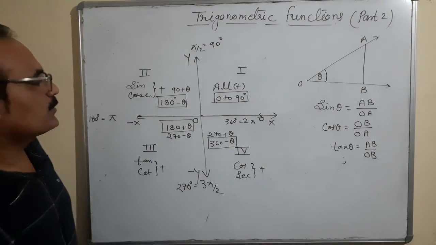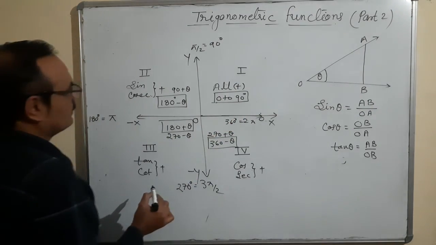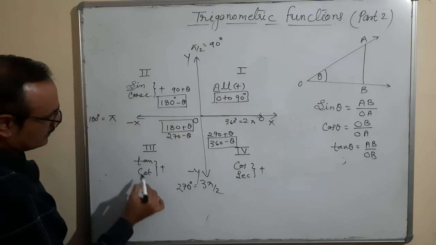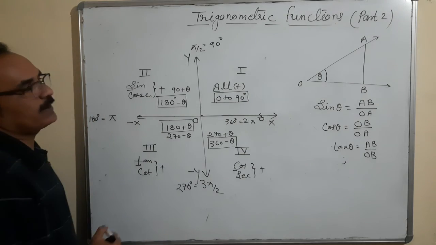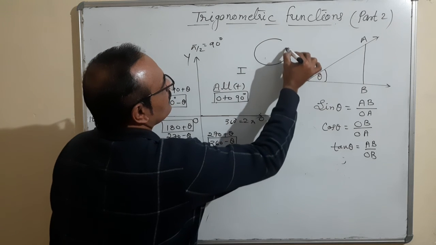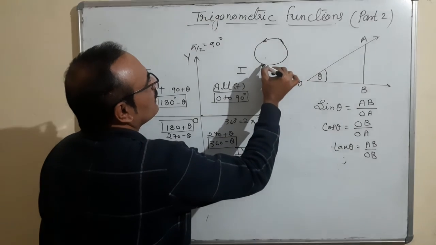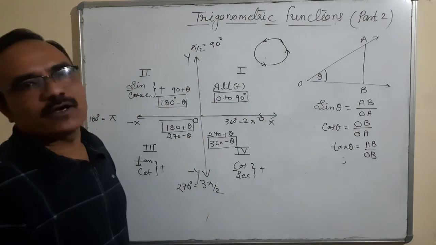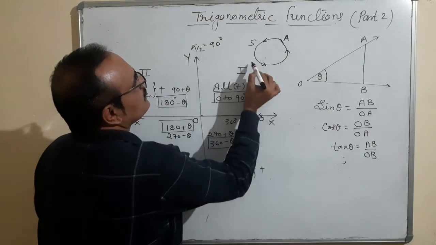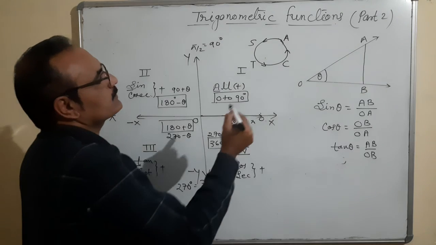And one procedure to keep in your mind for how to remember it. See, we'll take the first letters A, S, T, C. Okay, A, S, T, C, you can remember like that. This is the direction. Which type of direction is it? An anti-clockwise direction. A, S, T, C. Okay, you can remember like that.